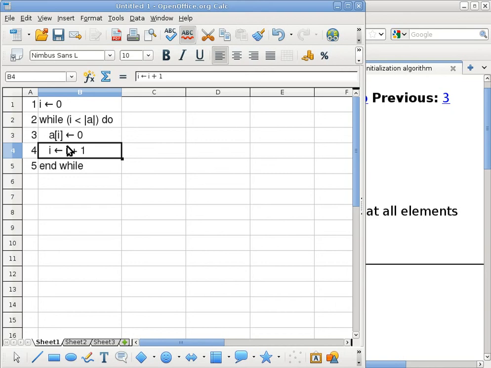Are there any questions? Yeah. Yep, go ahead. In line 3, does that mean that we're making it the first one in the array? It depends on what